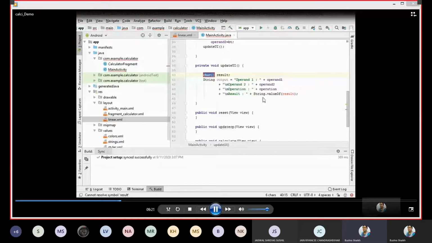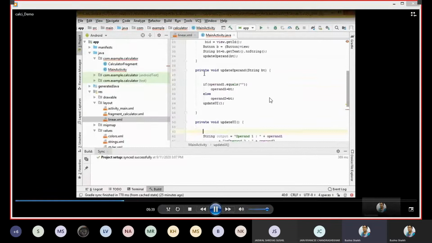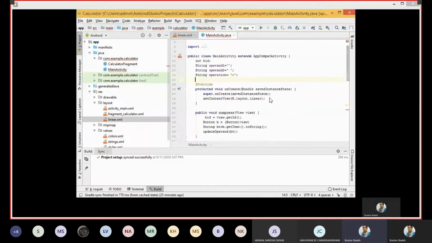Since everything is going to appear on your text view, which was a string or a character array, depending upon that it has determined the type. But then we know that the result has to be given some value, so eventually you would be displaying it on the text view. And you have concatenated also inside the string, so that's why you have to make use of String.valueOf. And you have to declare your result as integer.